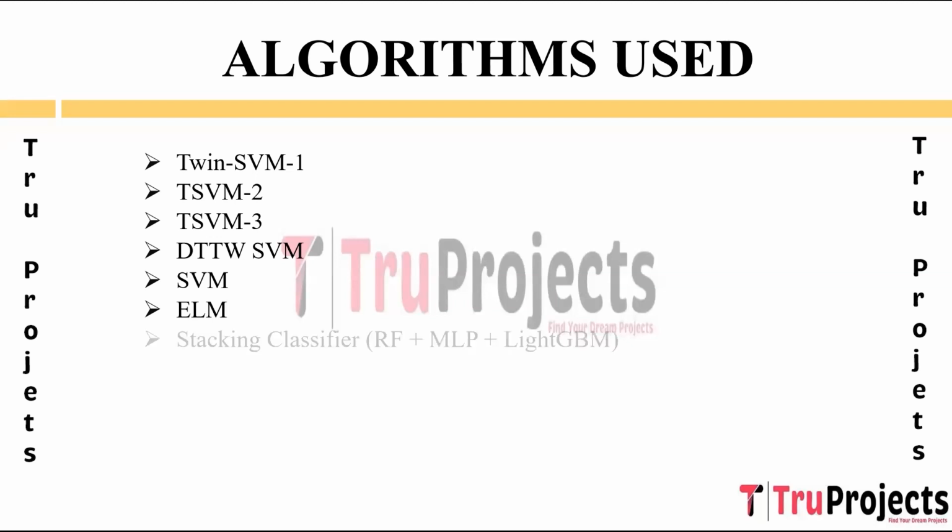Stacking classifier: RF plus MLP plus LightGBM. Stacking is an ensemble method that combines multiple classifiers to improve prediction accuracy. In this case, it combines classifiers such as random forest RF, multi-layer perceptron MLP, and light gradient boosting machine LightGBM. The idea is to leverage the diverse perspectives and strengths of different classifiers to enhance overall prediction accuracy. Stacking different classifiers can be beneficial in network intrusion detection by harnessing the strengths of individual models. RF, random forest, MLP, multilayer perceptron, and LightGBM contribute their unique characteristics to improve the accuracy and robustness of